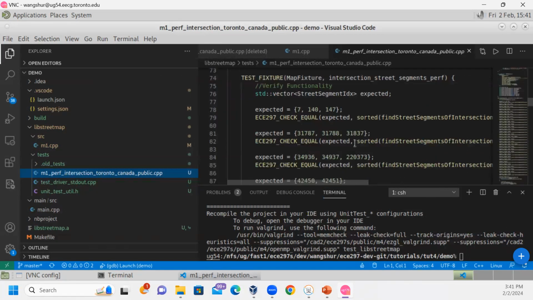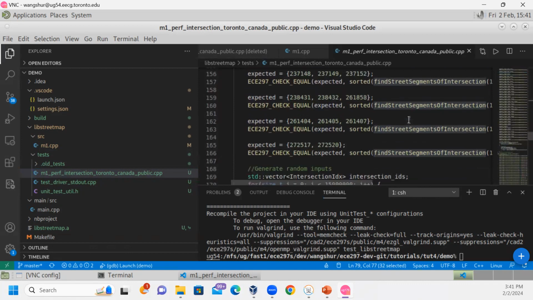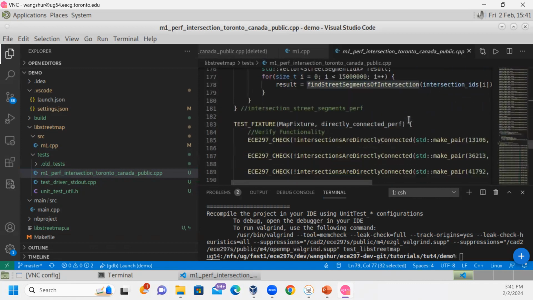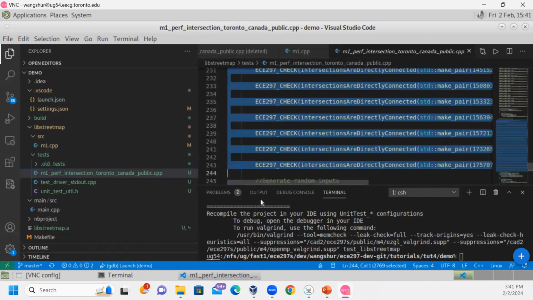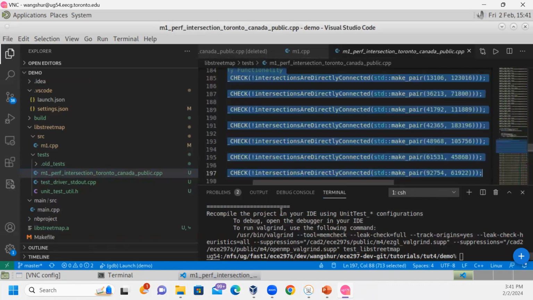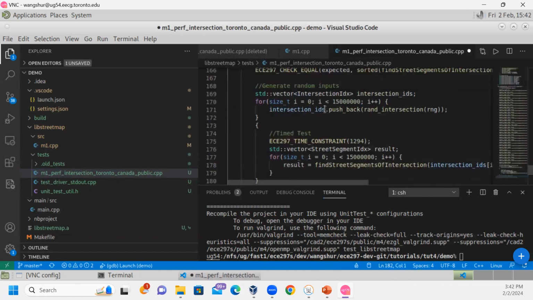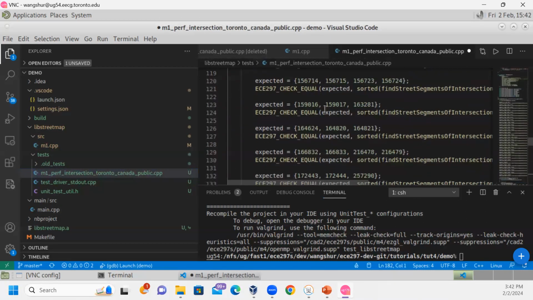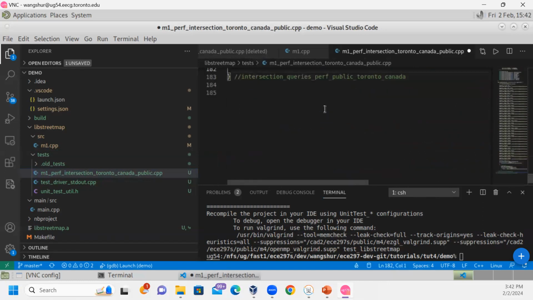I'm just going to do it again. Find 3 segments of intersection. This is the test that we want to keep, and we want to remove the other ones, which is directly connected. This is in a text fixture, directly connected, and let's just remove this. Yes, remove this and